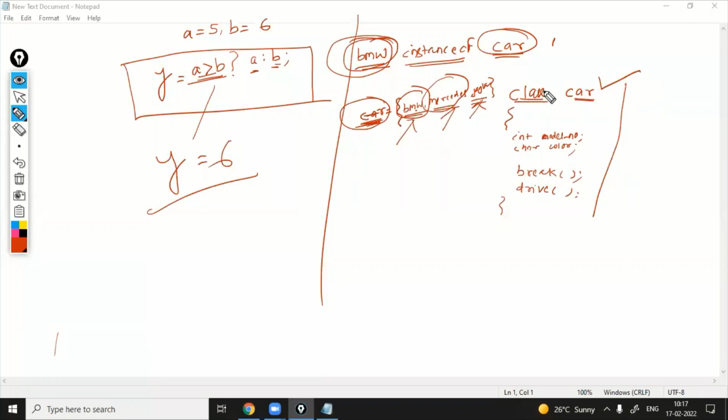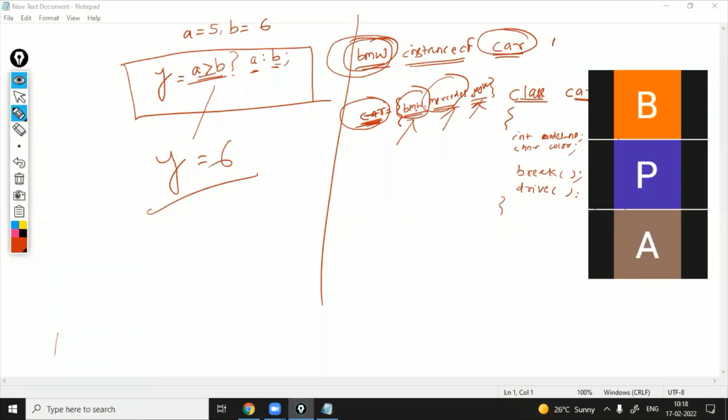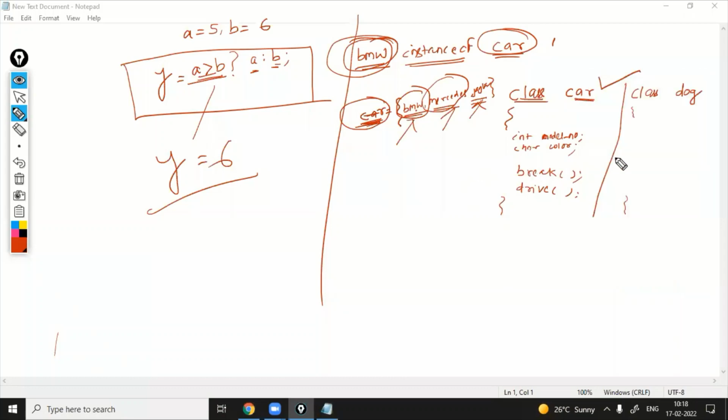So instead of class Car, if I create another class named Dog, what are the properties of a dog? Can anyone tell me, what are the data of a dog? Its breed. Okay. Just think, you know set. If you know set, then you can think about the set properties. For example, human. If I take human properties, this is the data part. Human properties and animal properties are obviously different.